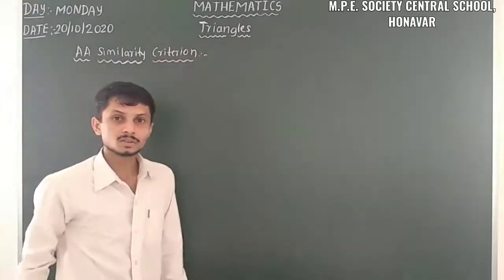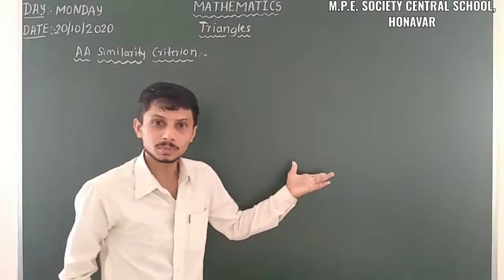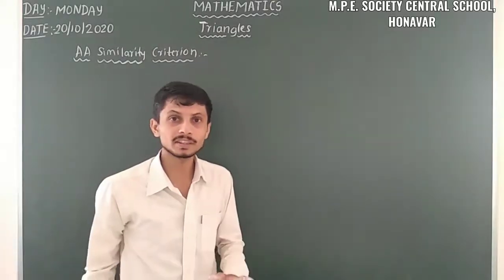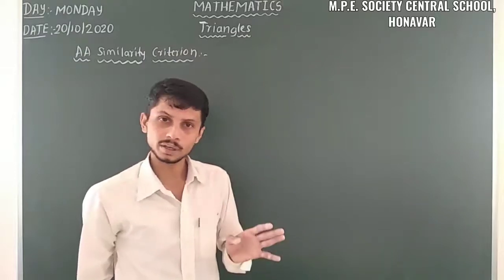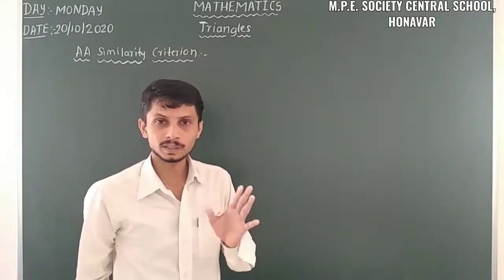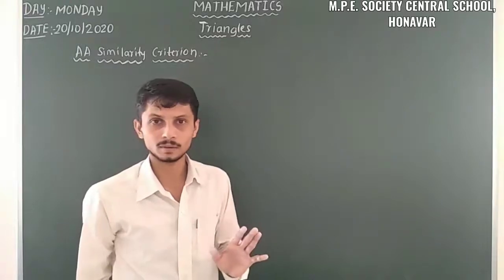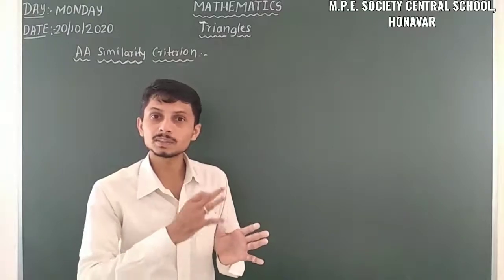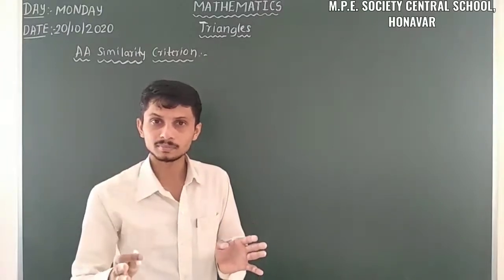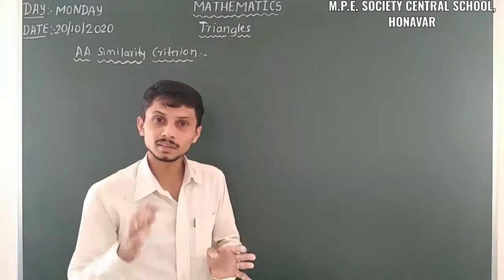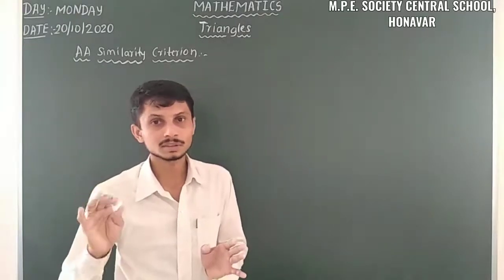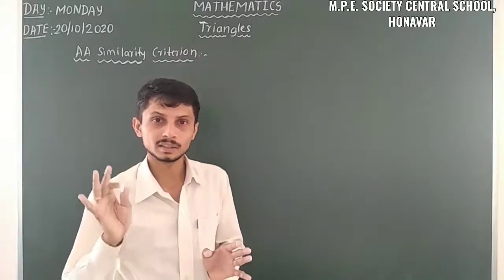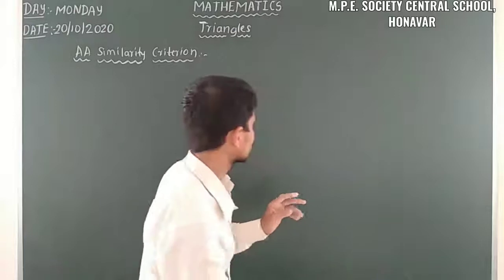Yes. So also we know about some of the triangles, that is right angle triangles. In triangles the sum of interior angles of a triangle is 180 degrees. When we have two triangles, and two pairs of corresponding angles are the same, it means automatically the third pair of corresponding angles is also the same, because the sum of interior angles of a triangle is 180 degrees. So let us take a look at that one.